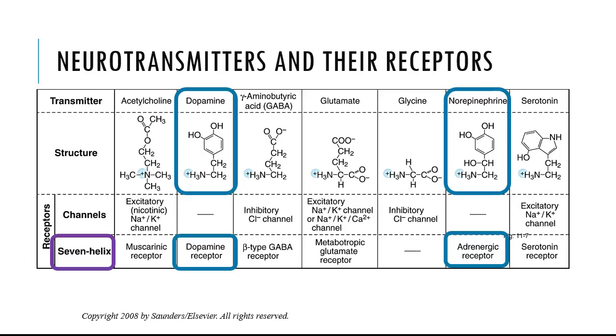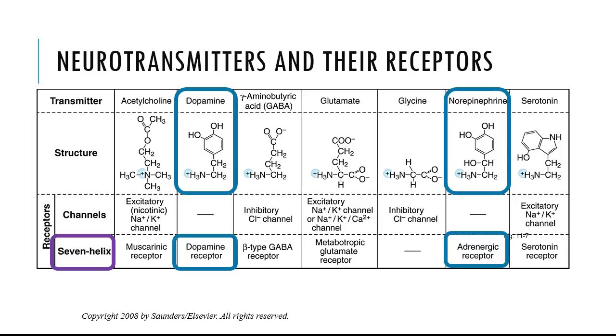The name may look unrelated, adrenergic, norepinephrine, but if I give you the name of this neurotransmitter when it's in the blood, what do you think I call it? Adrenaline, and there's a variant of it called noradrenaline. So if you called it adrenaline, it makes sense that it binds to an adrenergic receptor. You see that prefix commonality? Adrenergic receptors bind to adrenaline, noradrenaline, norepinephrine, epinephrine. The difference is whether it's in the blood or in the synapse. You would call it adrenaline or norepinephrine.